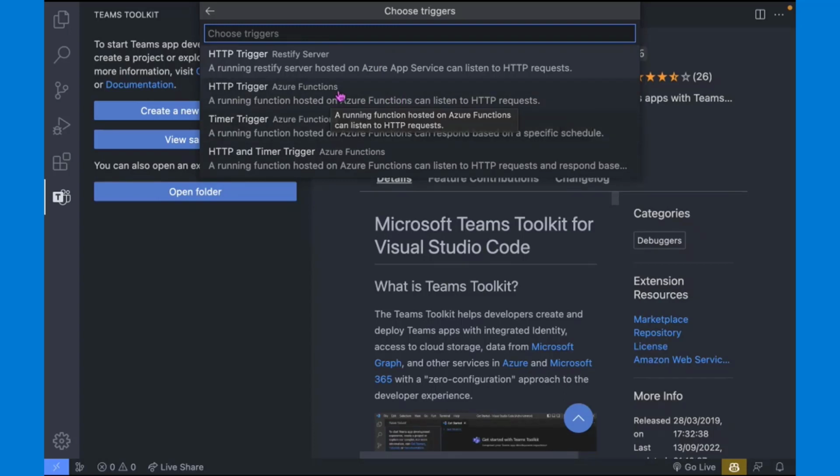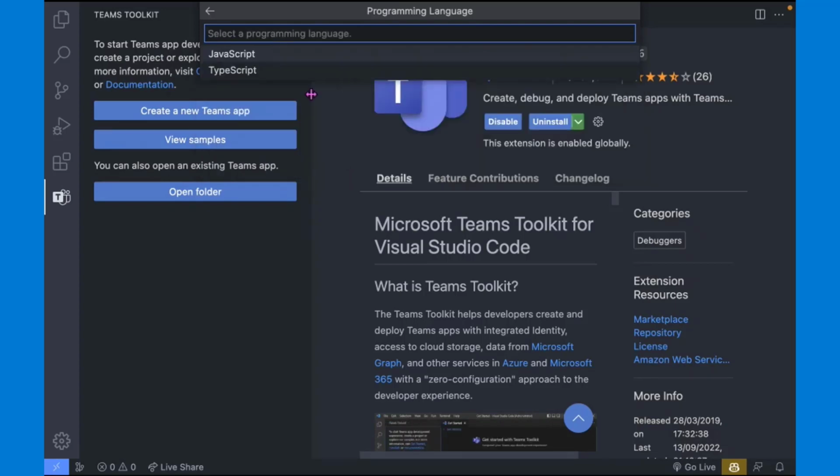We've got the HTTP trigger, which again is the same as the first option, just with a different implementation. We've got the timer trigger, which runs on a schedule. And the third option is you can have both. So when you create that project, you can have messages going in every 30 seconds or ad hoc when you need it. So let's choose that one.